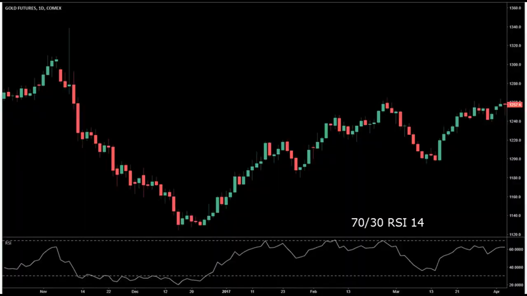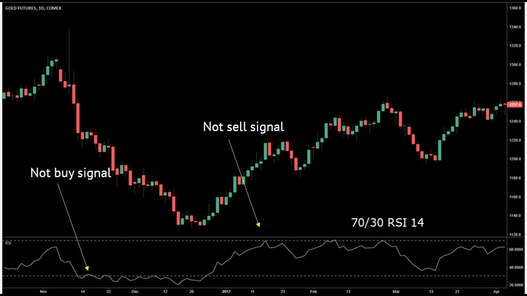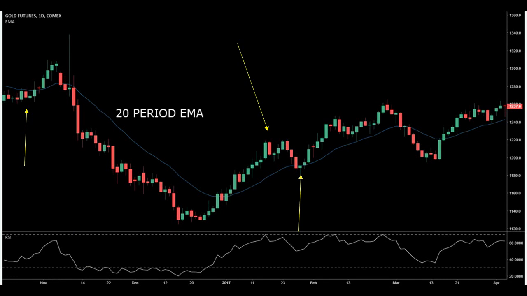Now, what I want you to take notice of here with the RSI is when it breaks either the 70 or the 30 level. This is not to take a reversal trade in overbought or oversold territory. Markets have a way of staying in those conditions long after a trading indicator calls the condition. The moving average here, it's not for trend. What I want you to note is how far price is moving away from the indicator, hugs the indicator, or